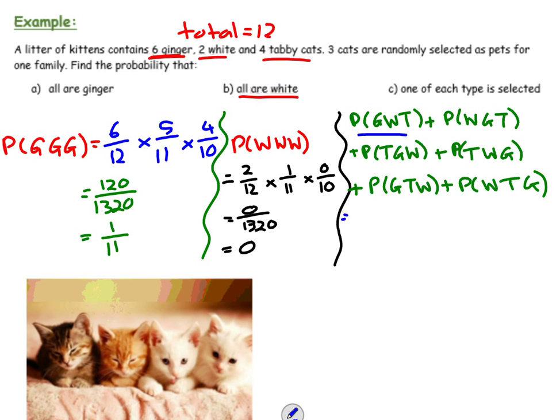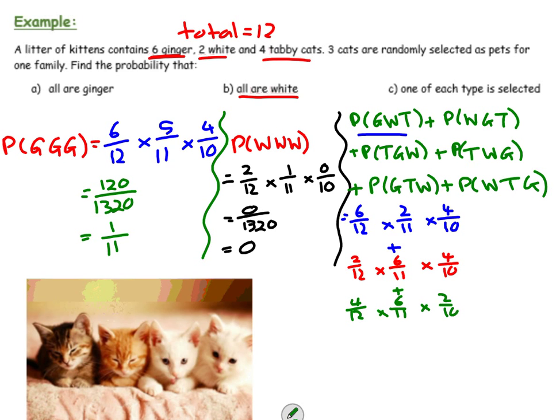So first one, ginger, white, tabby, is 6 in 12 times 2 out of 11 times 4 out of 10. Because even though you've taken a ginger cat to begin with, there's still 2 white cats and 4 tabby cats. But the denominator is dropping, you'll notice. Plus, the next one, 2 out of 12 times 6 out of 11 times 4 out of 10. Plus this combination, which is 4 out of 12 times 6 out of 11 times 2 out of 10, plus